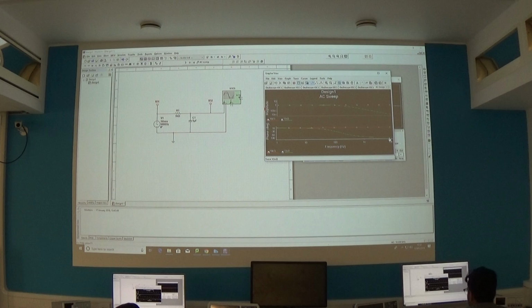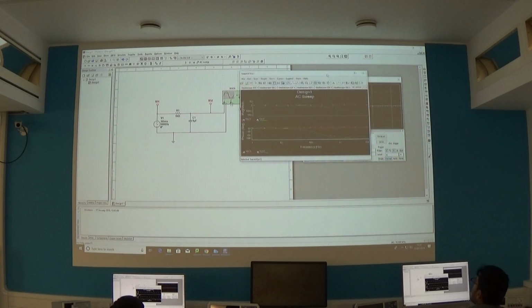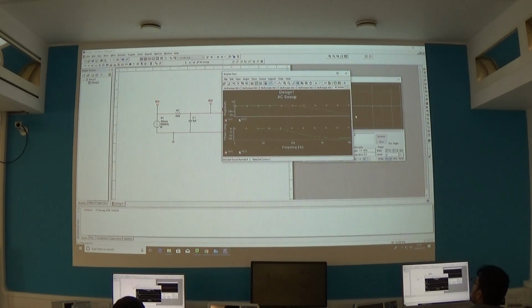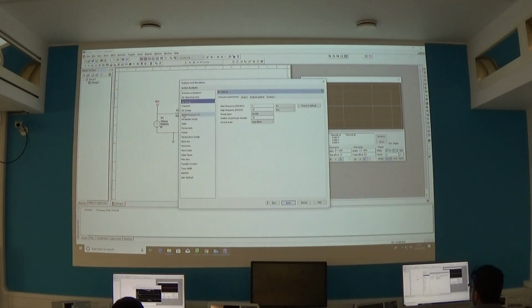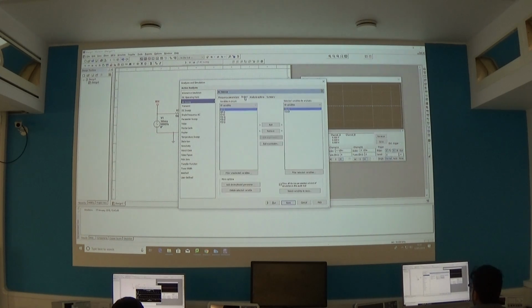Can you duplicate that for me? And can you also play about with the axis a little bit, because I haven't got that very good, because there might be something happening at the end of this graph here that I'm not seeing. So I might want to go to 100k. So I shut down the window, go to Simulate, Analyses and Simulation, I go back to the AC, go to the output,